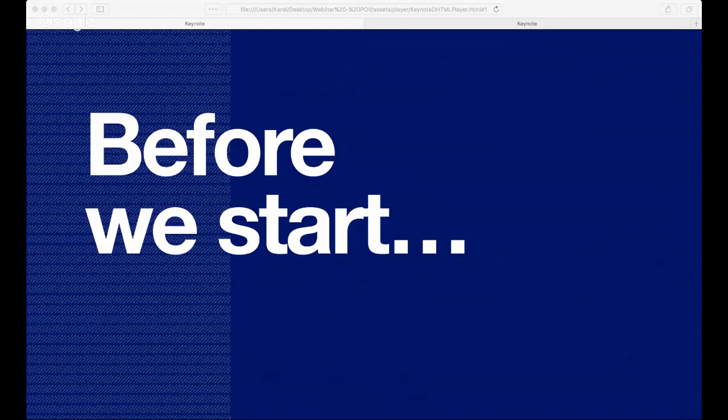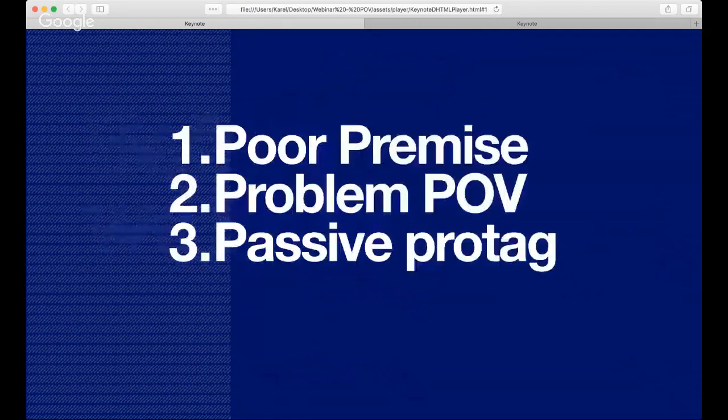POV is one of three issues that I consider being the main culprits of films that don't work or scripts that don't work in the first place. It's a poor premise, that's concept, problematic POV, that's what we talk about today, and passive protagonist. Sometimes they hang together, and people are familiar with my approach of character events and actions, understand how that is all integrated. I did a webinar on that a few months ago, and you can still find it in our